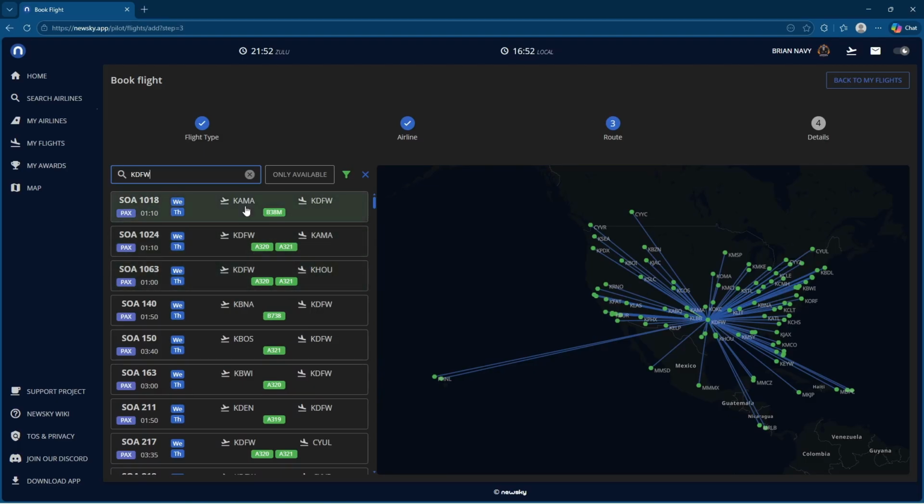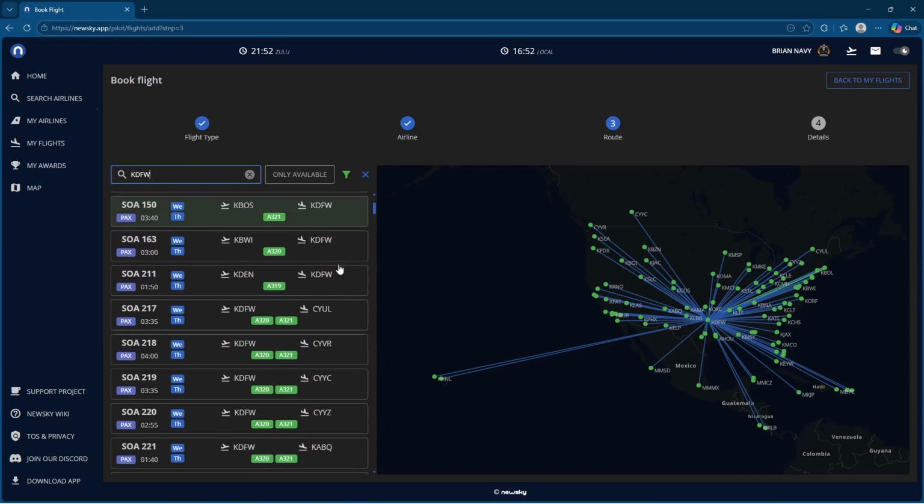So you can see here, I flew this flight last night. I landed at Amarillo, so technically there's a flight from Amarillo to DFW right now. It's not necessarily showing you the departure airport. It's just showing me every route that's got the KDFW ICAO address in it. So let's say we want to take this aircraft on a journey to,